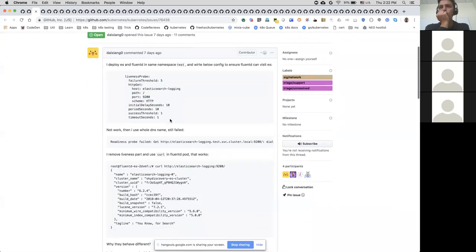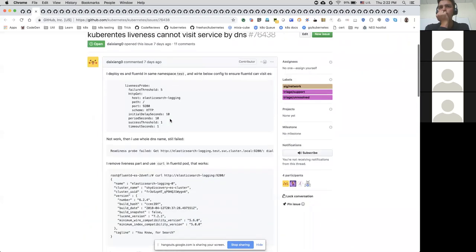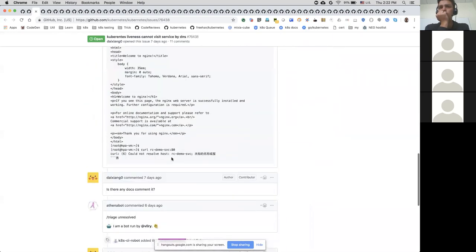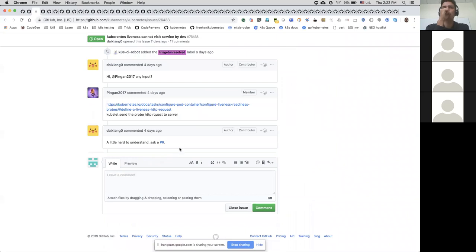The point is, a liveness probe is on a pod, not on a service, and it's executed on the kubelet. So kubelet will not have kube-dns. I think it doesn't make sense to have a liveness probe go to a service.